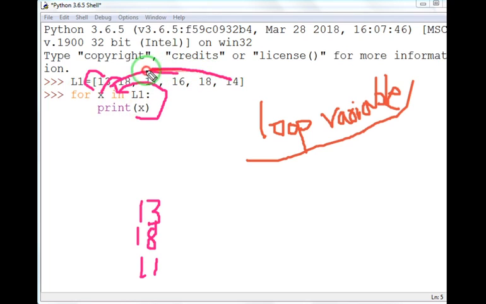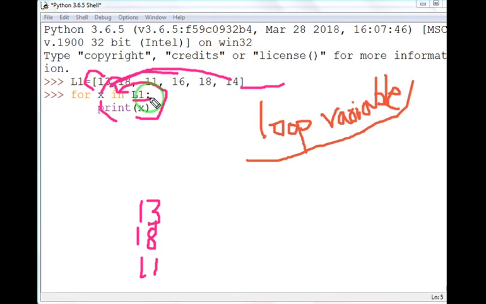Once all the elements have been assigned to X and none is left, the loop will close automatically. So as long as there are values in this list, the loop will keep executing.